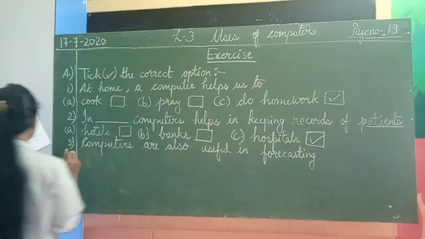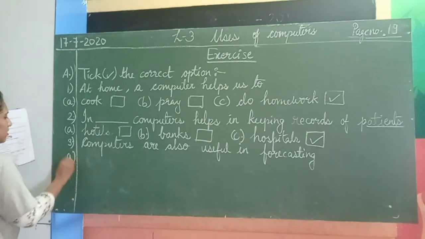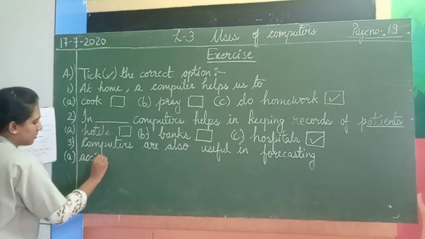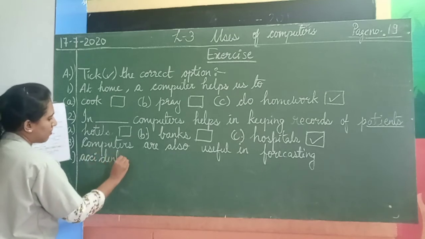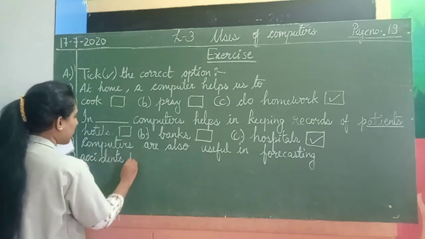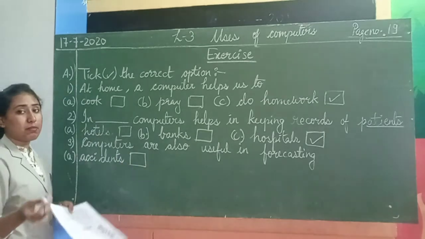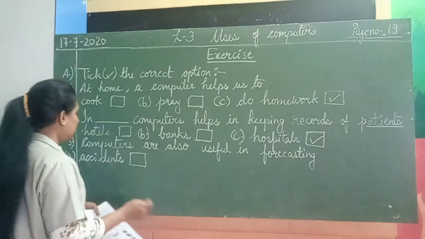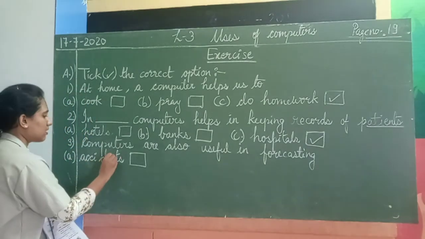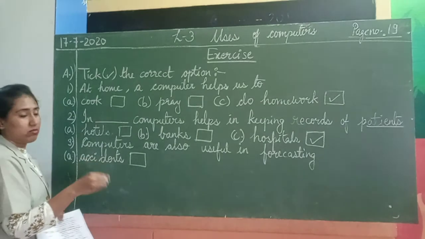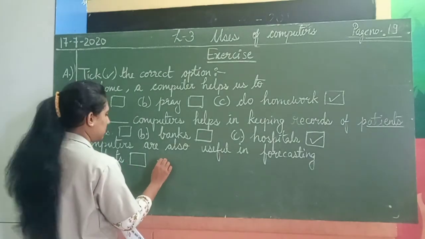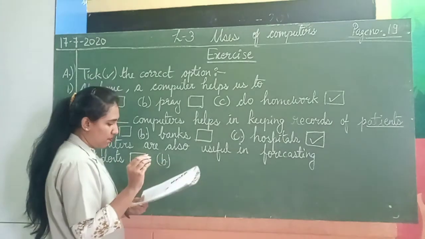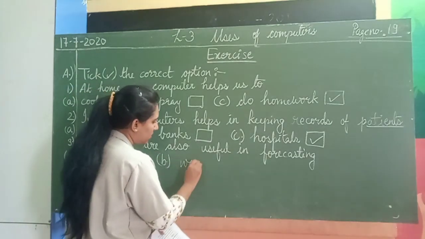What do we forecast using computers? Option A, accidents. क्या हम एक्सीडेंट्स को फोरकास्ट कर सकते हैं? फोरकास्ट मीन्स पहले से पता लगाना कि क्या होने वाला है, राइट? लेकिन क्या हम एक्सीडेंट्स का पता लगा सकते हैं पहले से ही? नो, इट हैपन्स बाय चांस, है ना? सो एक्सीडेंट्स नहीं है. देन सेकेंड वन,